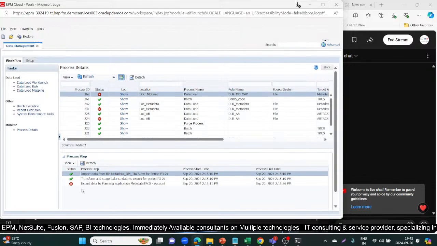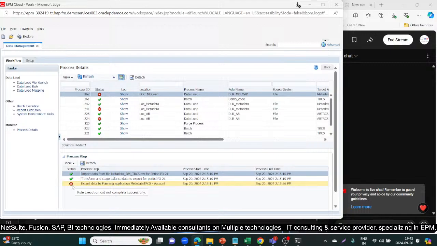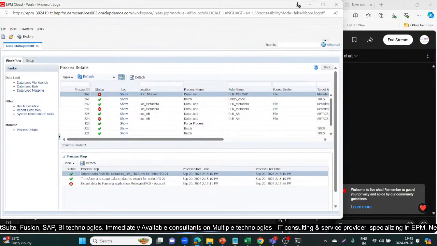Please wait till it gets completed. Okay, so it is getting an error. So this was what the ticket is for, that we are trying to load the metadata and it is getting error. Now if we check the log file,